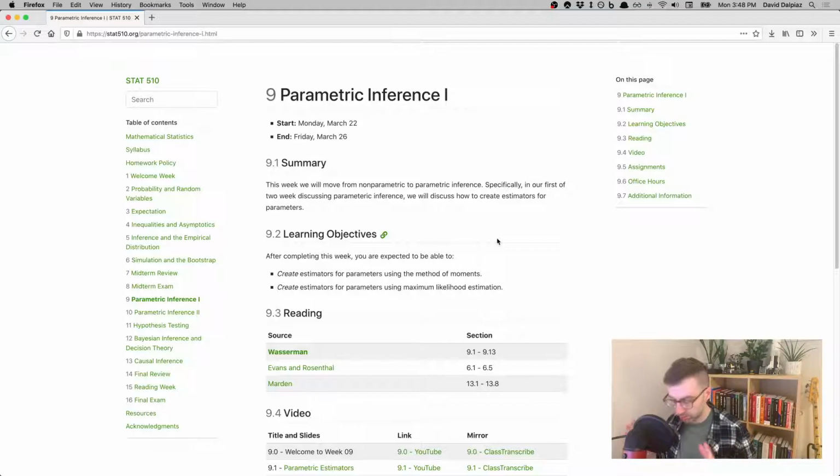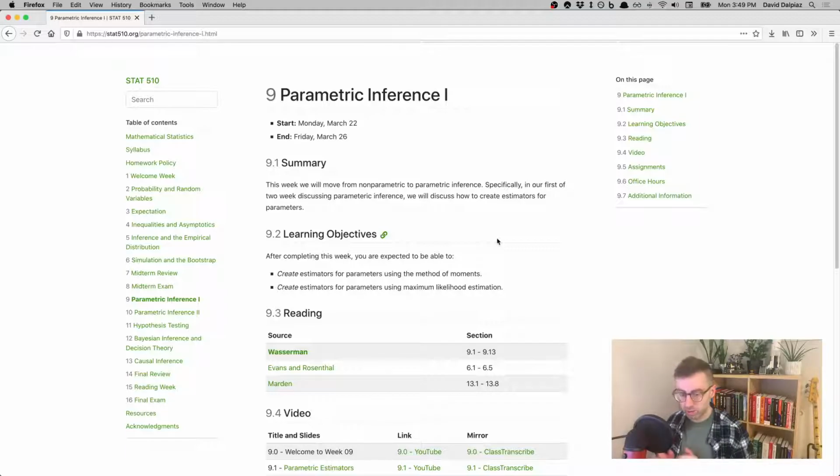So basically, long story short, what we've done so far is we've made almost no assumptions about the underlying distribution. And we've sought to estimate that distribution function, and we've done so non-parametrically. So what we're going to do this week is, rather than making no assumptions, we're actually going to make some very strong assumptions. In particular, everything about the distribution except for some parameters, and then we reduce the problem to estimating those parameters. We'll do it in two ways. One is method of moments. One is maximum likelihood. Maximum likelihood being one of, if not the most important concepts in statistics.